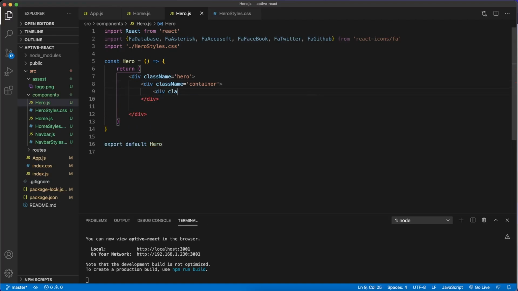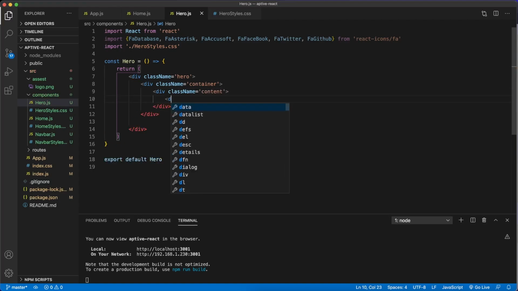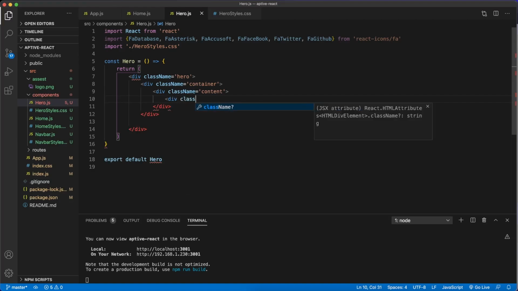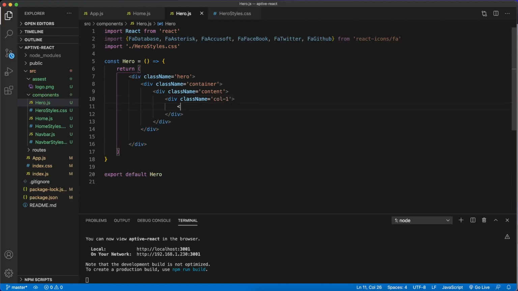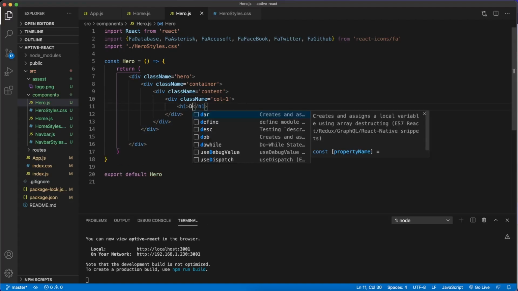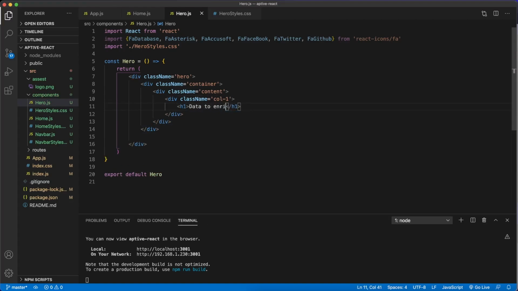And let's do a div with a class name of content. This is going to be the left side. And on the left side, let's give it a class name, column 1. So column 1 will actually be our left side. And for our H1, we'll say data to enrich your,